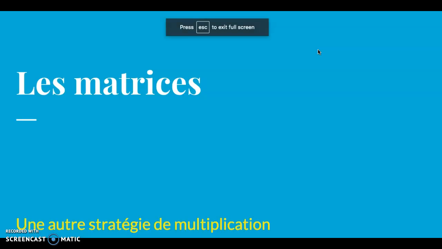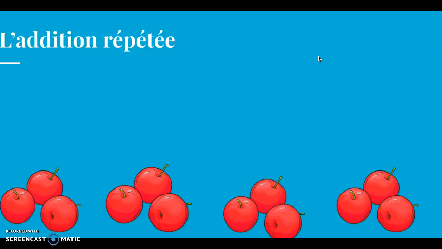Hi everyone, today we're going to learn a bit about matrices or arrays, and it's another strategy that we can use for multiplication. Last week we saw that we can use repeated addition for multiplication. Here we have four groups, 1, 2, 3, 4, and in each group there's 3 apples, 3 here, 3 here, 3 here. And we know that 3 plus 3 plus 3 plus 3 equals 12, so 3 times 4